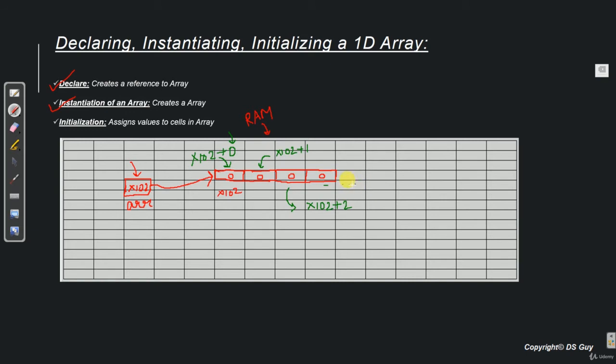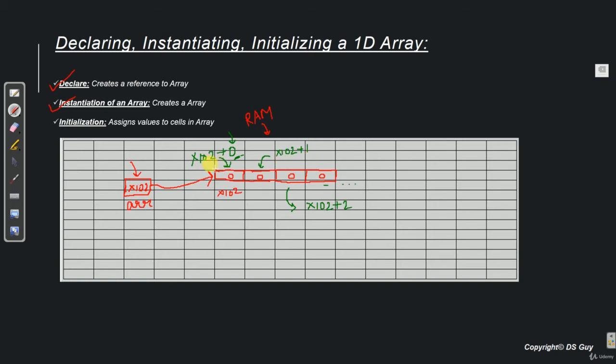So now you understand why we always start our array numbering from 0 and never 1, because the reference variable points to the first cell of the array, so it need not increment this counter. It only needs to increase the counter from the second cell onwards.